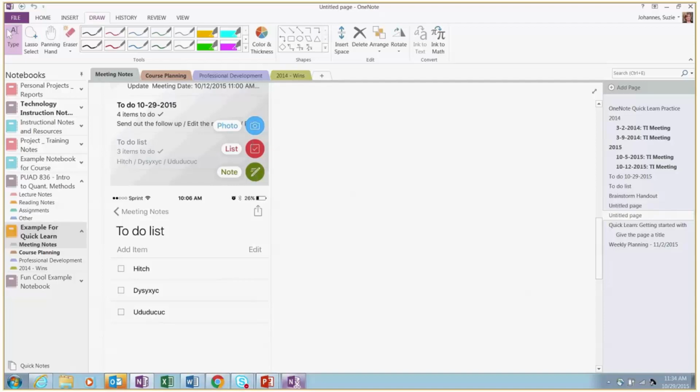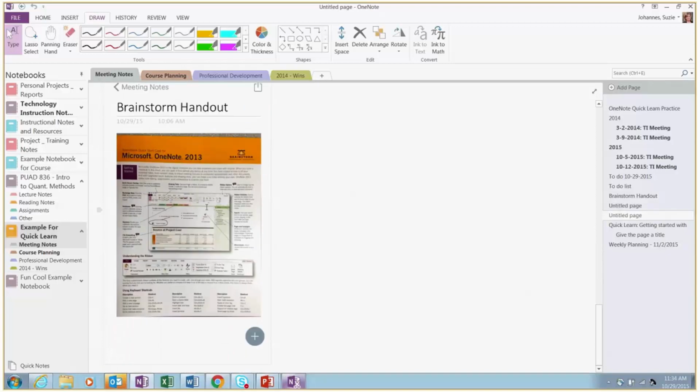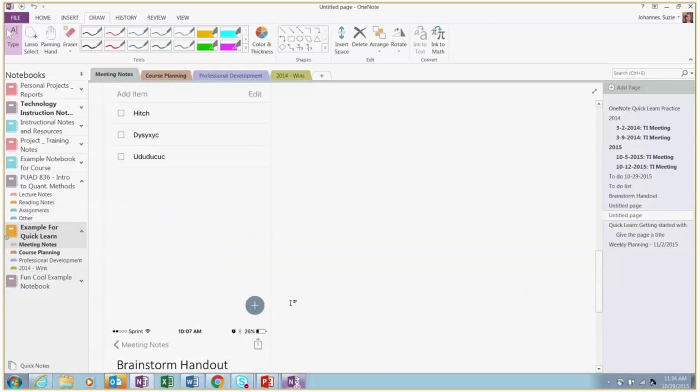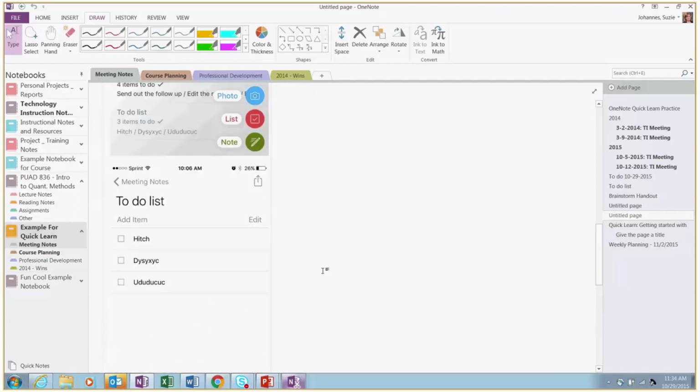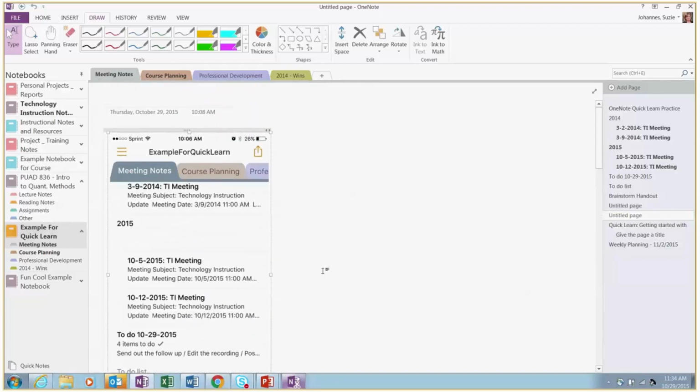I used photo and I took a picture of this handout here, so I was able to do that. And I inserted all of these images on this page by using photo. So you're able to take a photo right then or search through your library. So really cool. Again, that's only possible if your notebooks are stored in that OneDrive for Business storage space.